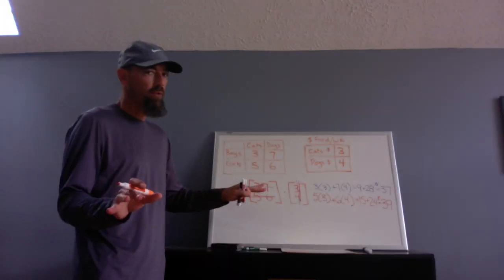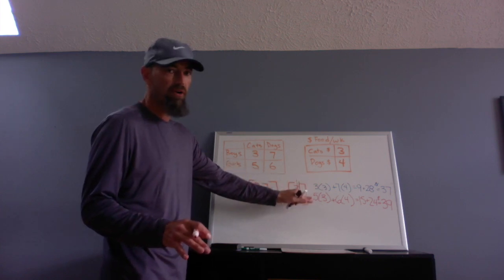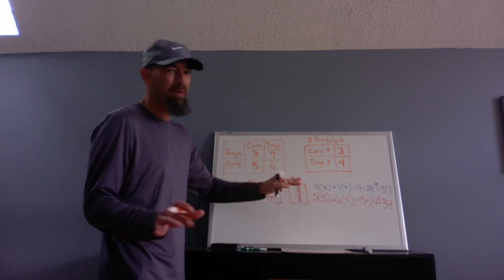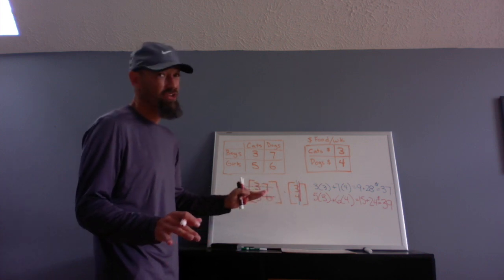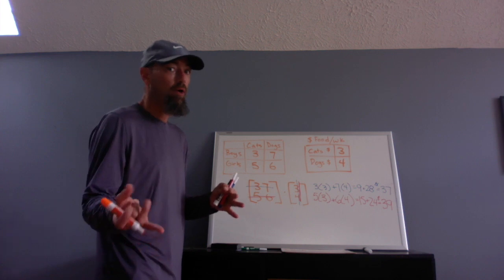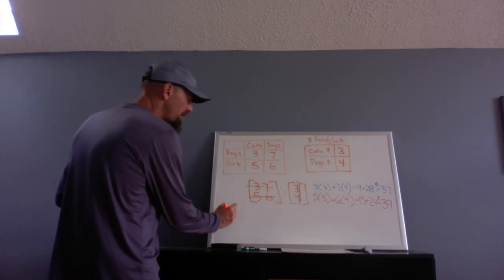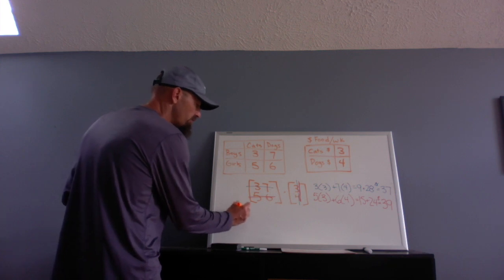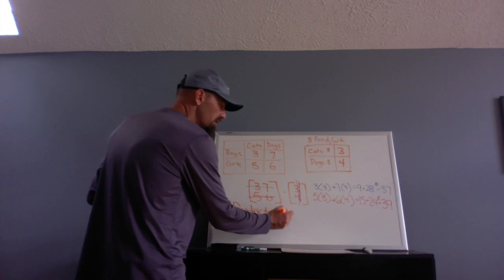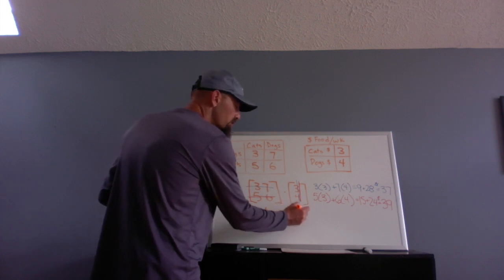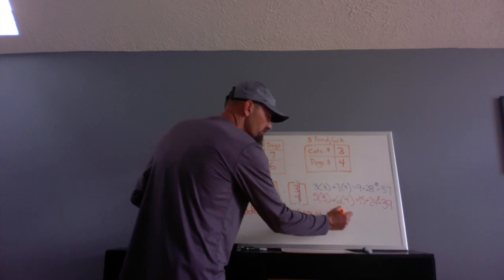If I work it all out, I've got the boys spending 37 and the girls spending 39, but this is not really how it should look in the end. When I'm multiplying a matrix times a matrix, I should get a matrix. What is that matrix going to look like? Your product, the answer to multiplication, is always going to have the number of rows from the first matrix,